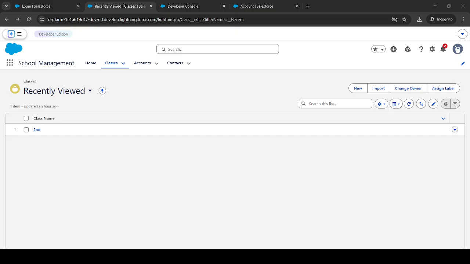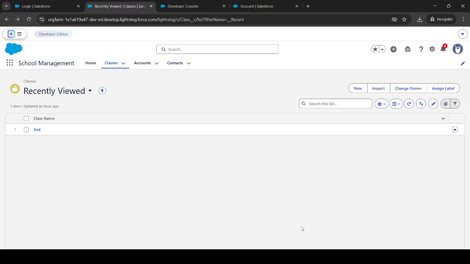Sometimes the browser cache causes this kind of problem. You can try opening those things in a new incognito window, or try hard refreshing the browser, and this issue should be resolved, because we have done the right steps even though we were getting the issue. So let's move on to the